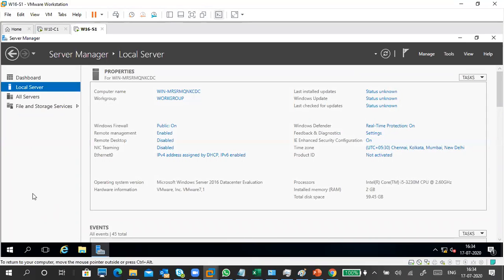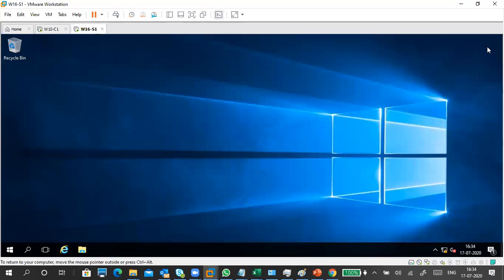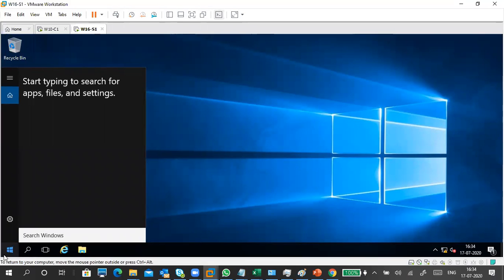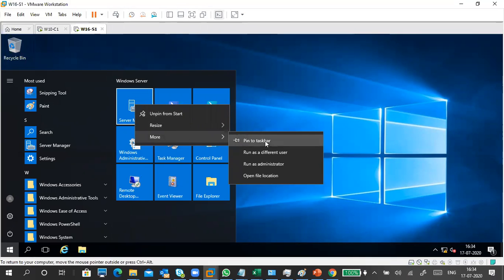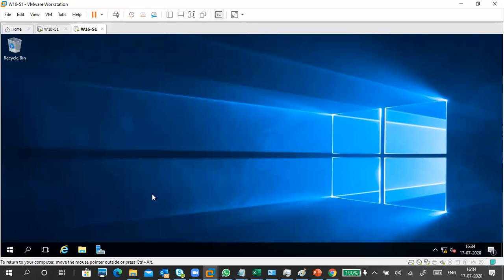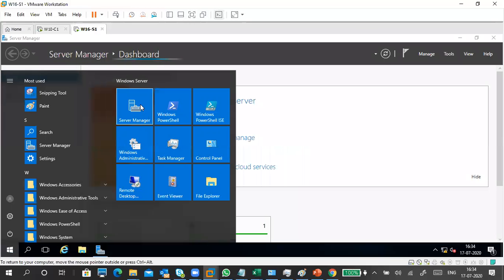Or cancel it. For example, if you accidentally closed Server Manager, usually some people get irritated about why it opens and immediately close it, and they don't know what to do. So there are a lot of options. You can type Server Manager here, or you can click on the start button and you can see Server Manager. Right click, pin to taskbar. Now it is in the taskbar only. So very simple, we can open it from there. Otherwise, you can open it from here, or you can open it like this also.